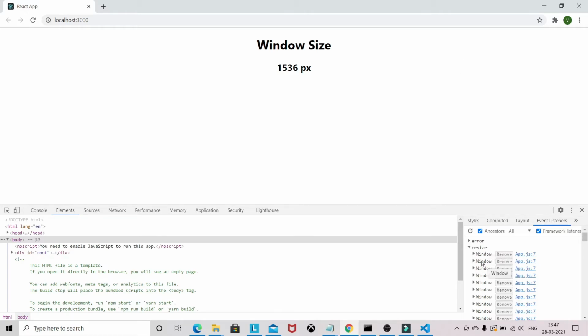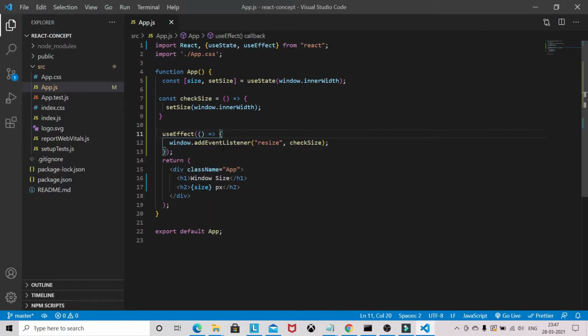This will be a huge issue when we have a bigger application. It will cause a memory issue because we are calling the function again and again, because this useEffect is calling this callback function again and again whenever I am resizing the window. So this could be a huge problem for a bigger application.